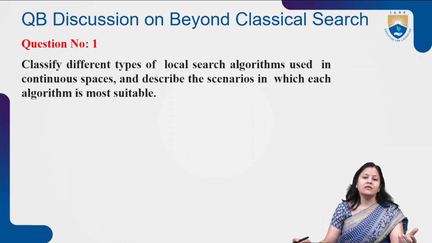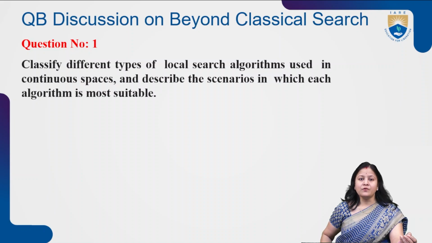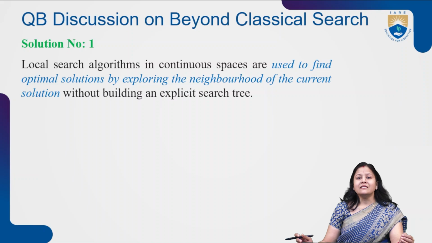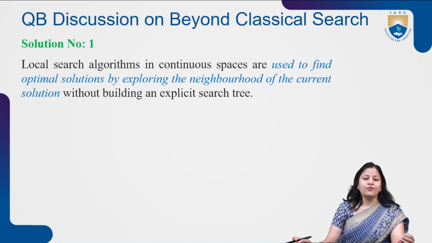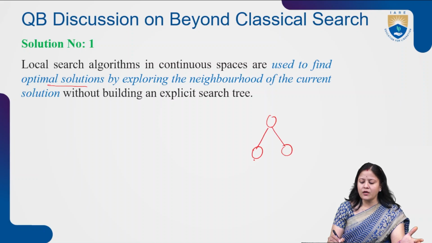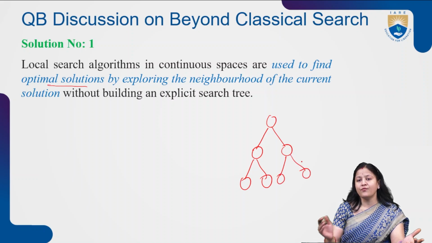So different types of local search methods are used in continuous spaces, and I will discuss different examples here. Local search algorithms in continuous spaces are used to find the optimal solution by exploring the neighborhood of the current solution without building an explicit search tree. As we already know from informed and uninformed search, like best first search, breadth first search, depth first search, A star or AO star, we draw the tree, and based upon the distance from the initial node to the goal node,